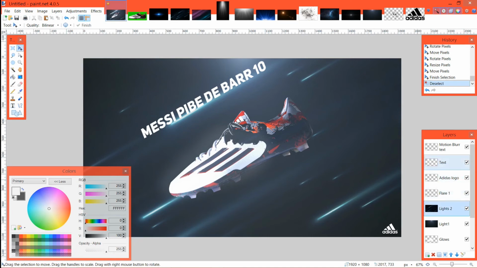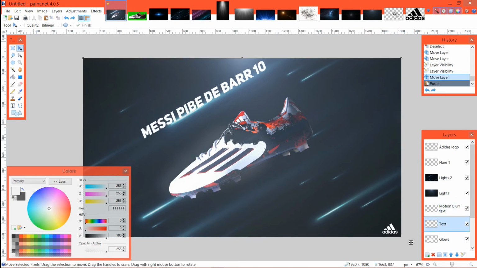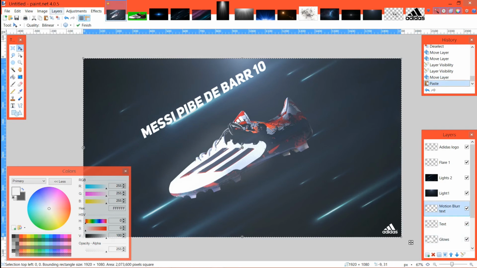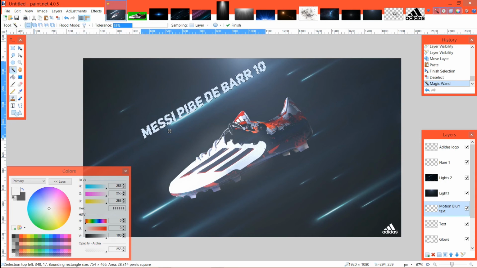So let's actually put the text under the lights 1 and lights 2. And then let's put the motion blur text right here too. So let's actually Control C again. Oops, Control Z. Control C and then Control V. Right there, nice. And then what we can do is actually select all these pixels